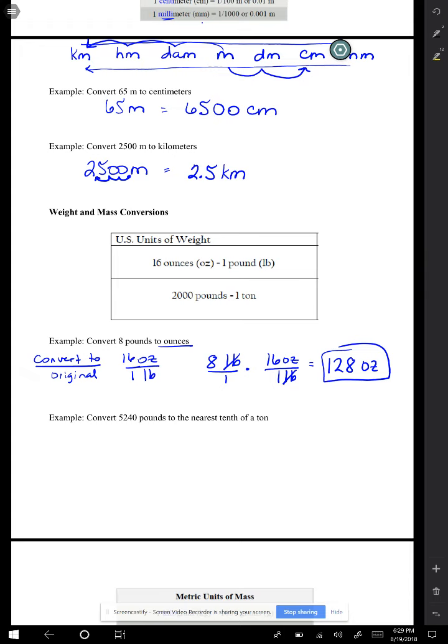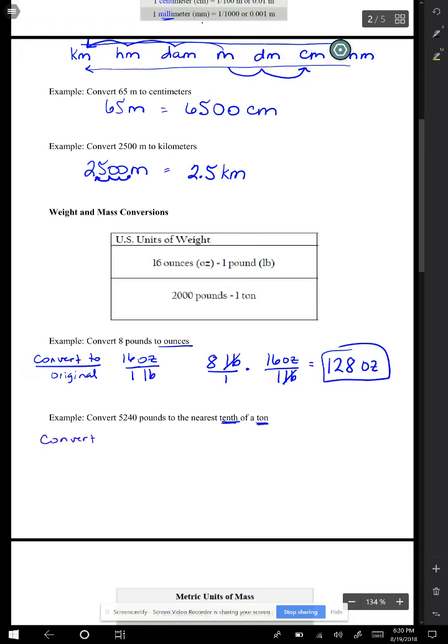On the next one, we're going from pounds, and notice it says the nearest tenth of a ton, so that tells me I'm going to have a decimal in my answer, exactly 1 decimal because it's nearest tenth. So again, I'm going to do my conversion. I'm converting to tons from the original pounds. And we know that 1 ton is 2,000 pounds. So I take my 5,240 pounds, multiply that by 1 ton over 2,000 pounds. The pounds divide out,